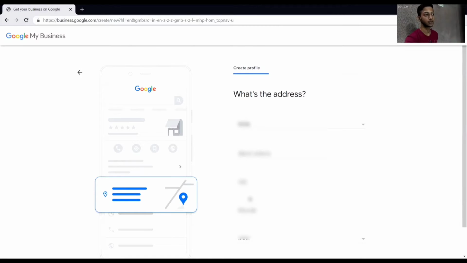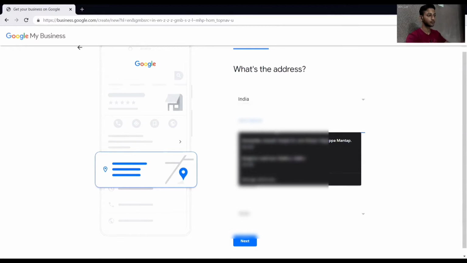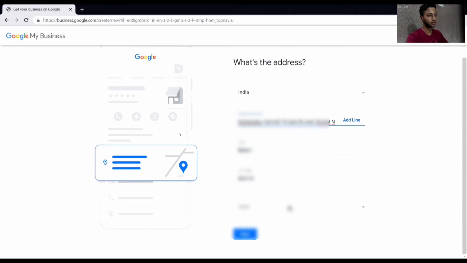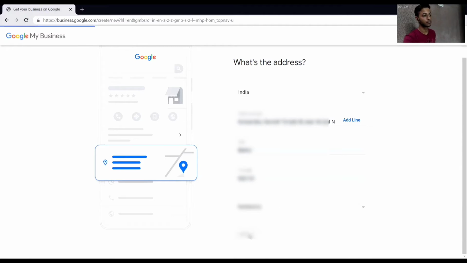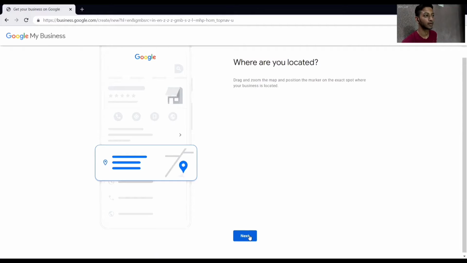What's the address? Now you have to write the address. After filling in the address, you will get this map where you have to point to your business's exact location.